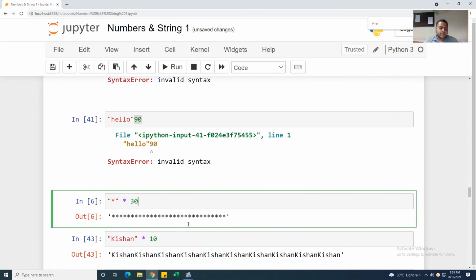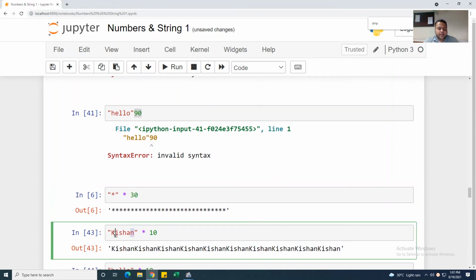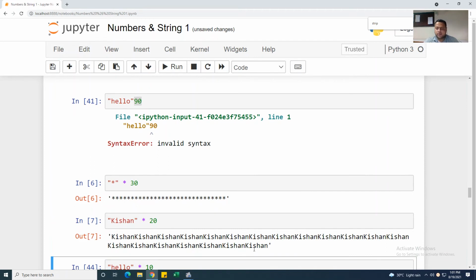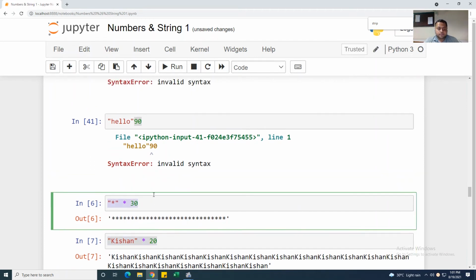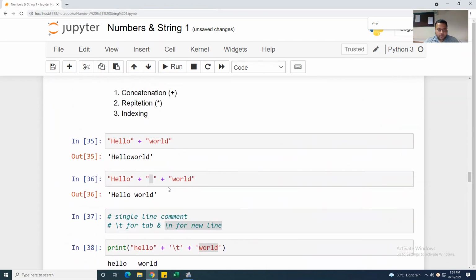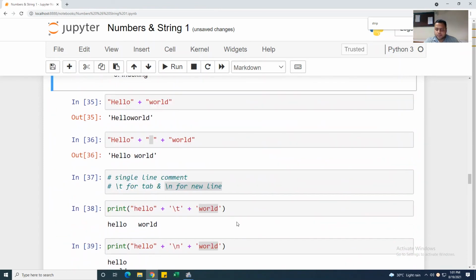Same way, I want the word 10 times or 20 times. Again I want 20 times, shift enter. So in this way you can write it for repetition, right?